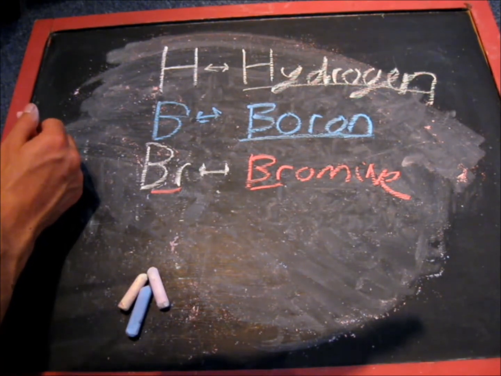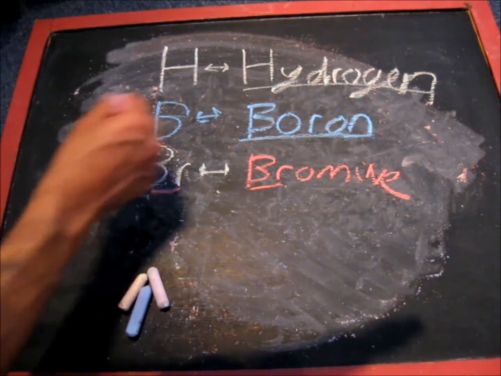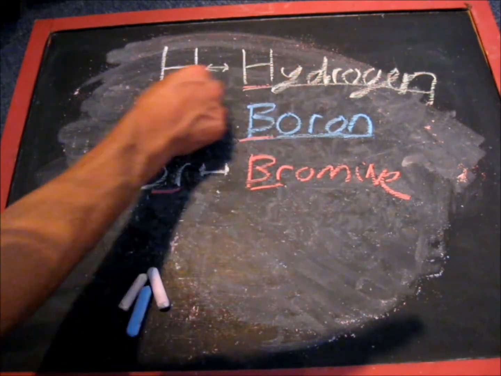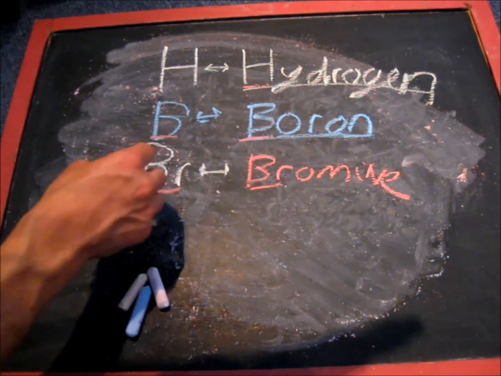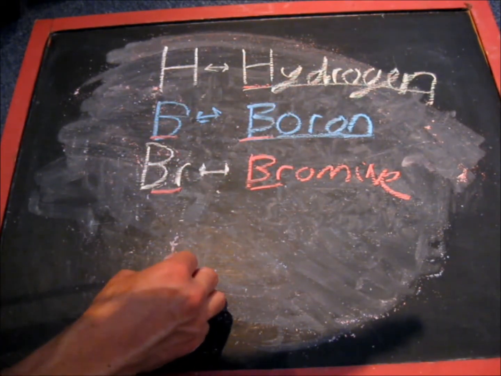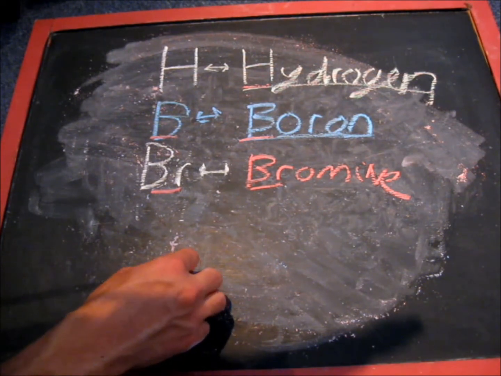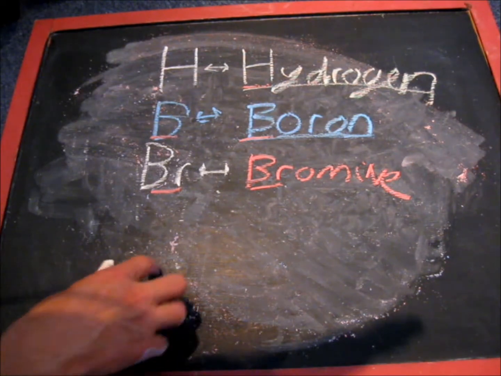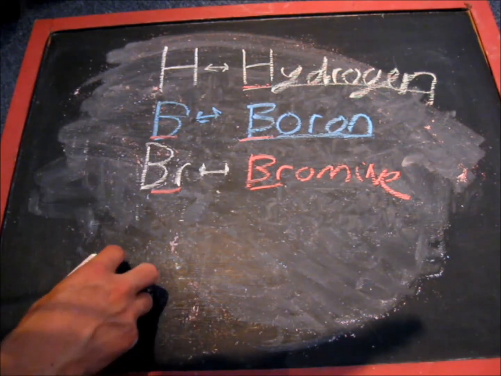Most elements have symbols that reflect the name of the element. H, B, BR. However, there are some that, for various reasons, don't follow that pattern. For example,